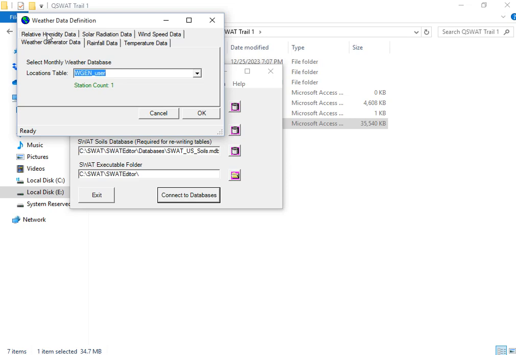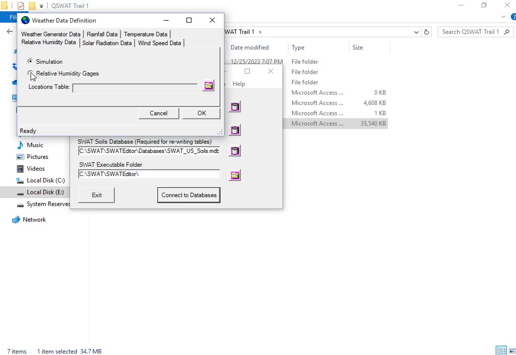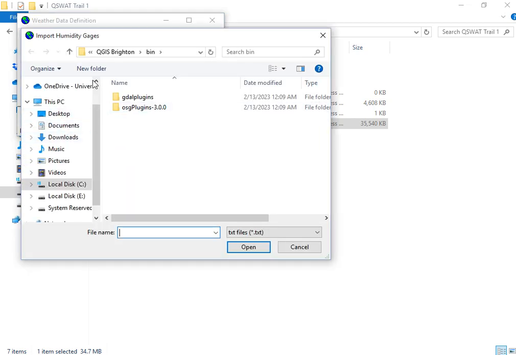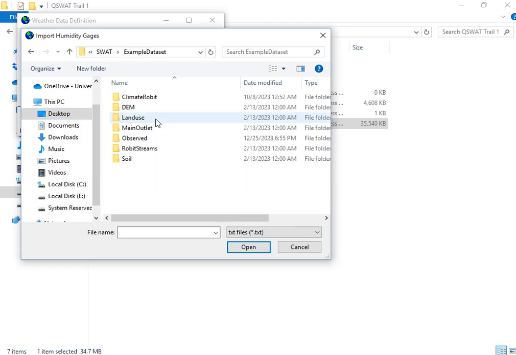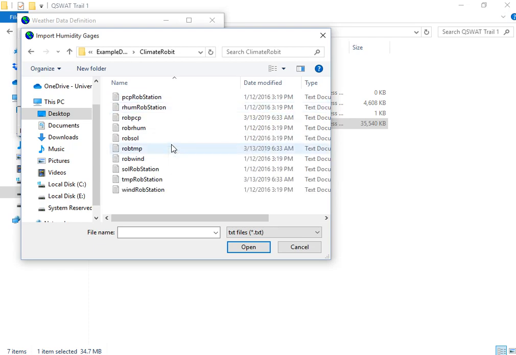and the other is relative humidity data. So actually, we have relative humidity data here, and let us select the relative humidity from this one. Okay. So we have a climate Robit here. We should give the lookup tables now, because by default when you are giving the lookup tables, it extracts the data. So we are importing the humidity gauge, sorry. So the relative humidity Robit here is this one, open,